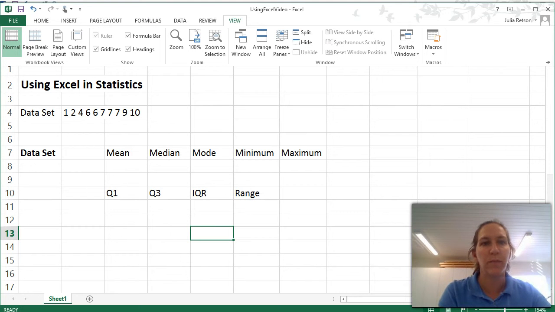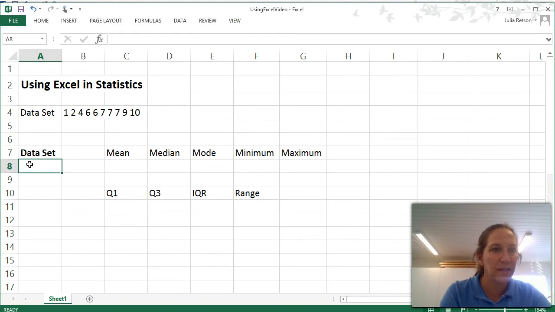mode, minimum, maximum, interquartile range, etc., the first thing we need to do is enter the values into the cells. Okay, so each one of these here is called a cell. You can see that the columns are named A, B, C, D, and the rows are named 1, 2, 3, 4. So if I wanted to name this specific cell, this one would be called A10. Okay, so we always name them by the column and then the row, so a bit opposite from what we're used to. So if you want to enter in a data value, you just have to click on it and